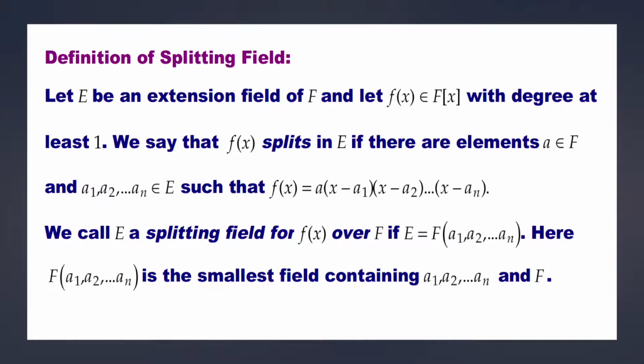The definition of the splitting field. Let E be an extension field of F and let f(x) belonging to F[x] with degree at least 1. We say that the function f(x) splits in E if there are elements a belonging to F and a1, a2, and so on up to an belonging to E such that f(x) is equal to a(x - a1)(x - a2) and so on up to (x - an). We call E a splitting field for the function f(x) over F if E is equal to F(a1, a2, and so on up to an). Here F(a1, a2, and so on up to an) is the smallest field containing a1, a2, and so on up to an